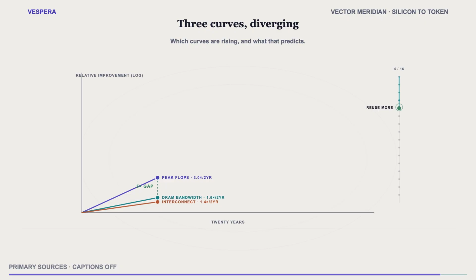Ridge points move right. More workloads become memory-bound. Techniques that trade compute for memory traffic become more favorable. And the gap between peak specification and achieved performance widens, because the specification tracks the fast-growing number and reality tracks the slow one. The TPU paper made this point in 2017 from the other side, and it is worth quoting